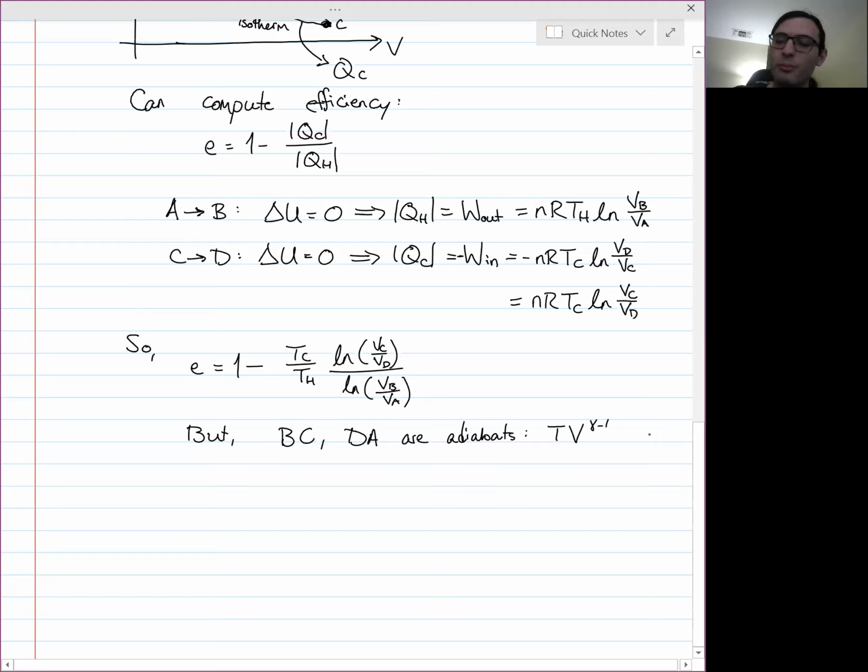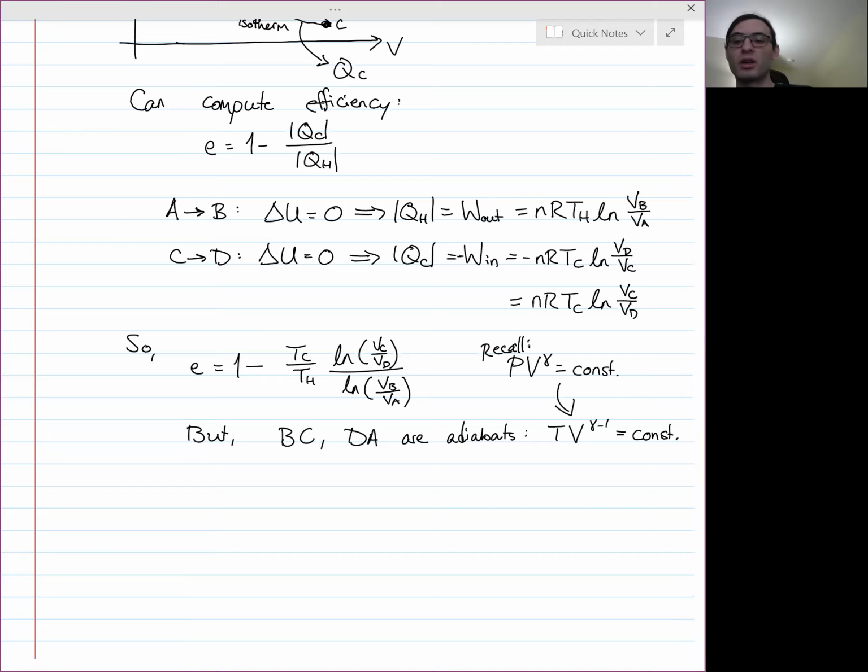We get it from the standard adiabatic relationship, PV to the gamma equals constant, and then we substitute for P using T and another factor of 1 over V from the ideal gas law. We went over this, I think, Monday. But anyway, T times V to the gamma minus 1 is a constant,